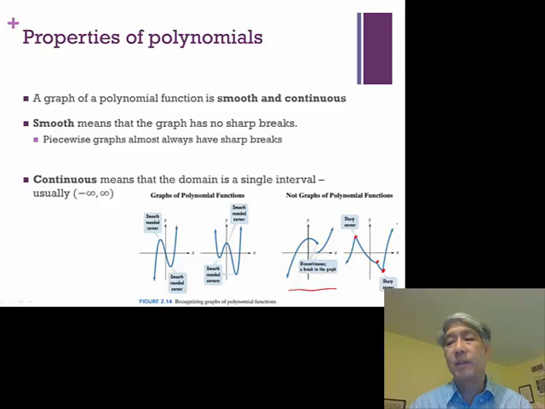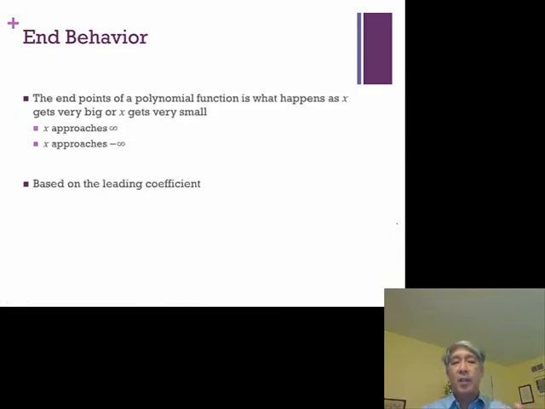That's the other aspect of a polynomial function. It's always going to be continuous, meaning that I can draw it from one end, minus infinity, to the other end without lifting up my pen or pencil. Anytime it's going to have an open circle in it, it's not a polynomial. Those are 2 properties of polynomials,